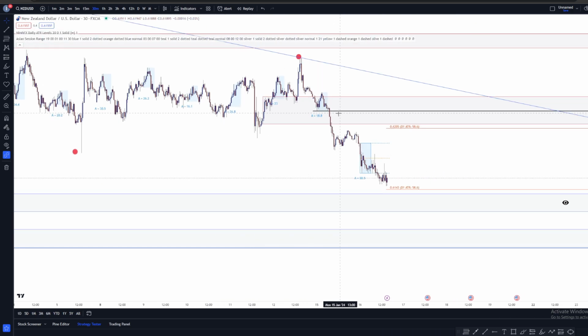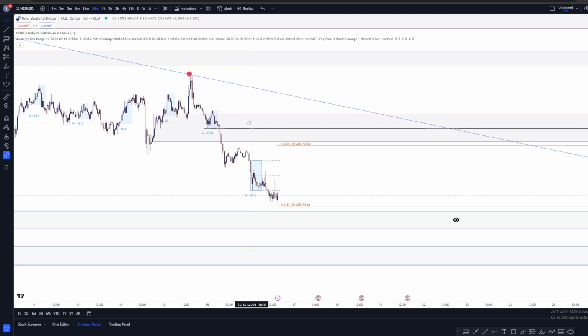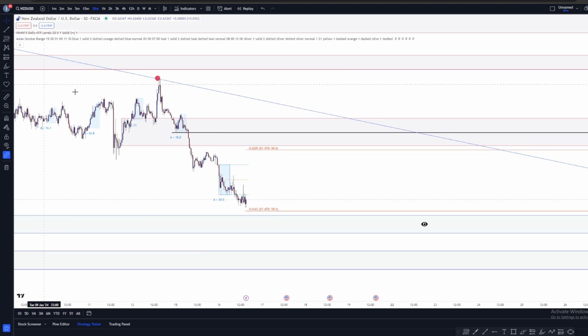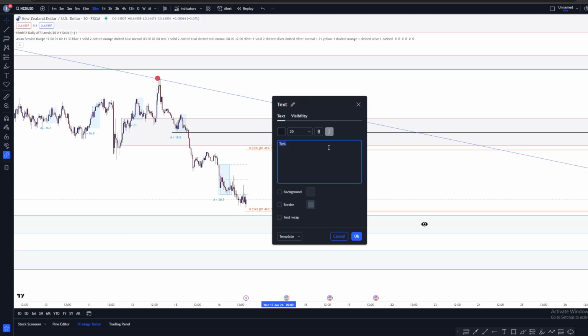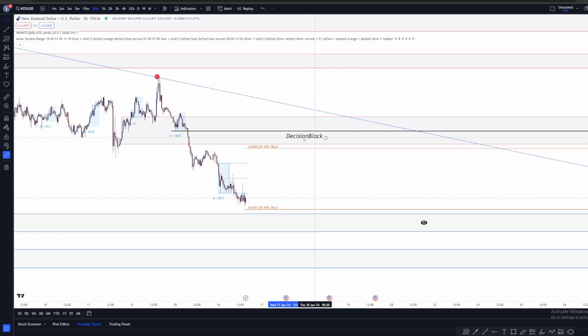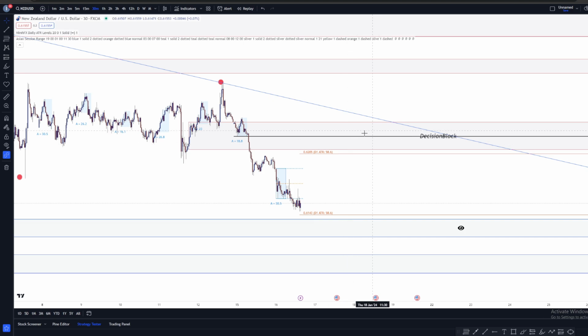This is a decision point that I really want to pay attention to. I would call this the decision block. So we would label it as such so we get a little bit more precision on that decision block. Maybe potentially turn this higher, because this is the area you really want to be watching for more information, because